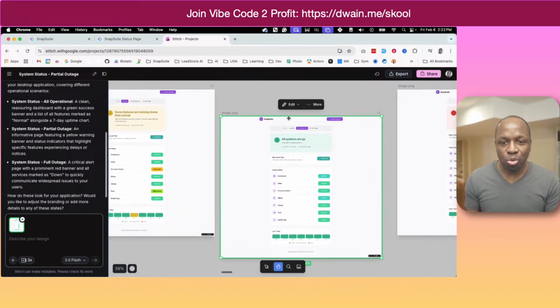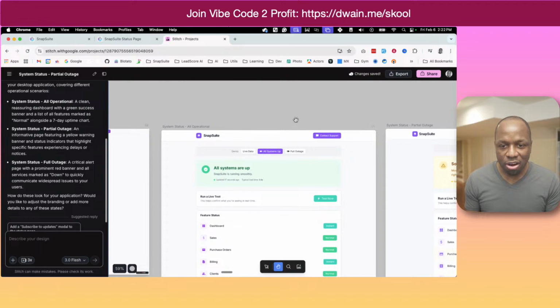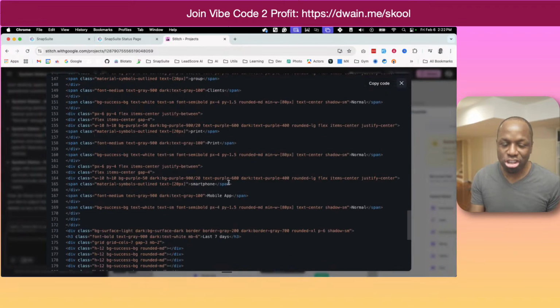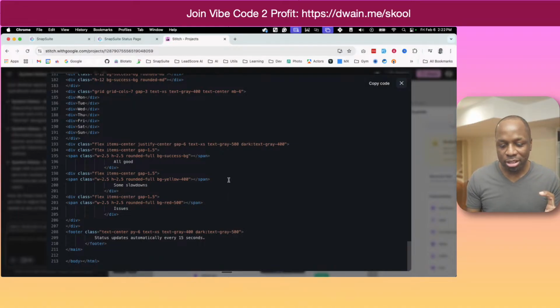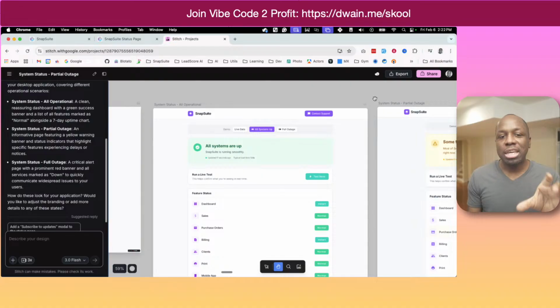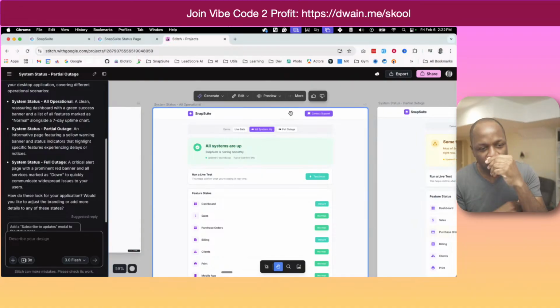What I love about Google Stitch is I could just come here and click on this, oh, sorry, this is just the image. I could come across here and click on this and I can actually just view code and get the HTML version, pure HTML. So if you're still kind of handcrafting code, this is still a really good way to go about doing things, which is like generate the UI, get the actual code, and then go into the actual thing and do it from there. If you're doing React components and stuff like that.